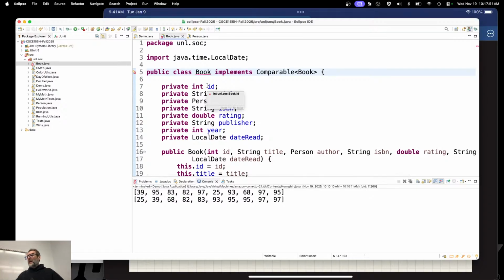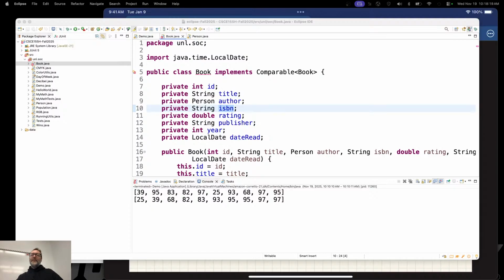And in this case, I would probably choose ID because ultimately what this is, it's tied to some database somewhere. And two things in a database are only ever equal if their IDs are equal, and so that's what I would do here. You might have an argument for doing the ISBN instead, but that's what's called a surrogate key, and that's bad practice. And we'll talk about that in Computer Science 2 next semester. But otherwise, have a good Thanksgiving break, and I'll see you on Monday after the break.